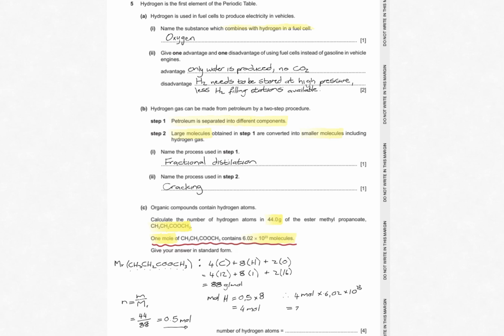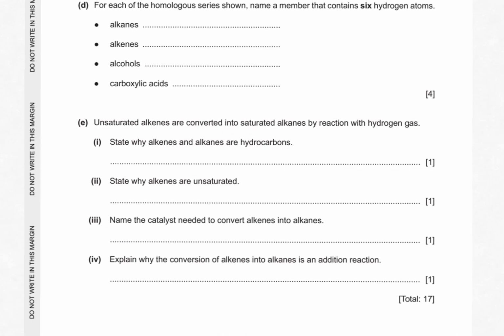And that would give me a total amount of hydrogen atoms of 2.408 times 10 to the power of 24, which will then be my answer. So in our next question, question D, they say for each of the homologous series shown, name a member that